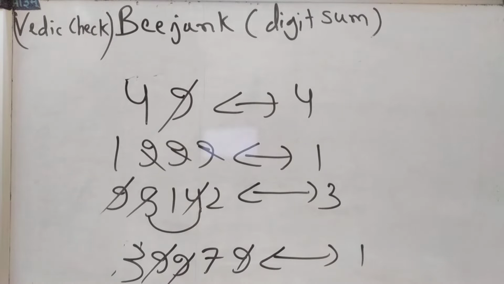The process is, first of all, find the Bijank of the numbers. Follow the same operation like addition, multiplication, etc. as has been done for these numbers. And find the answer in Bijank form. If this Bijank and the Bijank of actual answer tally, then the operation carried out is correct. Let us take a few examples with different operations to check the correctness.